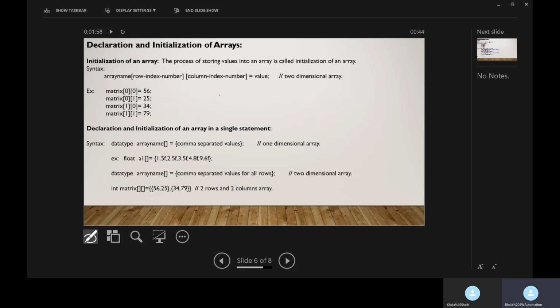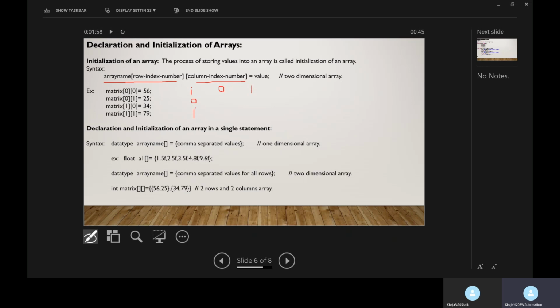Similarly, we can initialize two-dimensional arrays also. While initializing a two-dimensional array, we specify the array name, row index number and column index number. Let us suppose I am storing the values like this. Here we have the rows, 0th row and first row, and similarly columns, 0th column and first column.